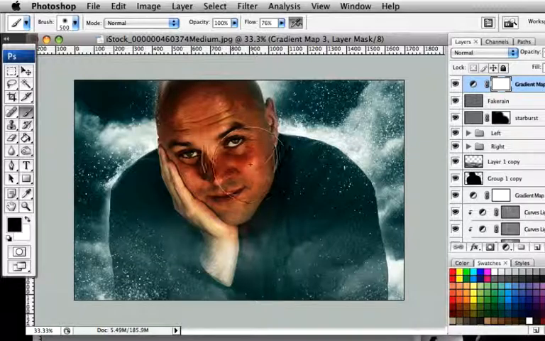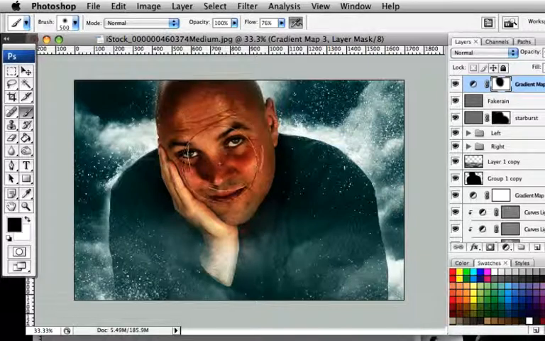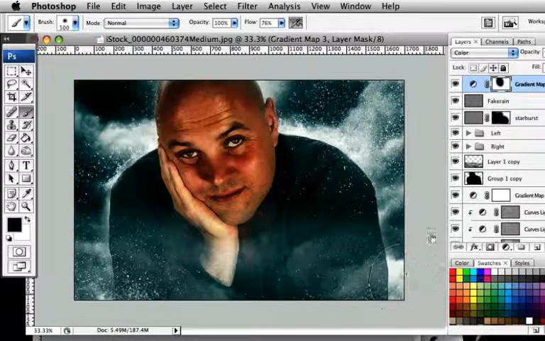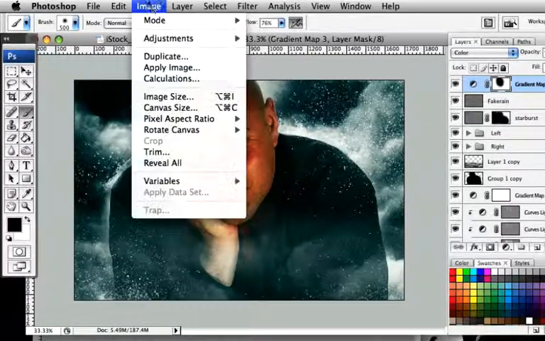We're just going to bring out the face, like so, and change our blending mode to color. There we go. So start to add that color to the effect. Head up to hue and saturation, image adjustments,